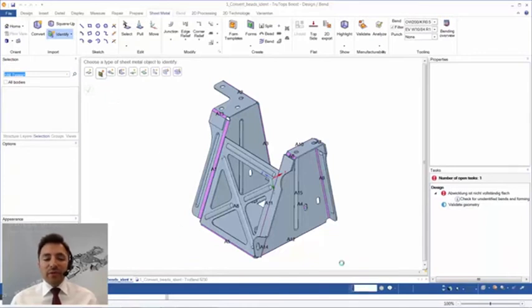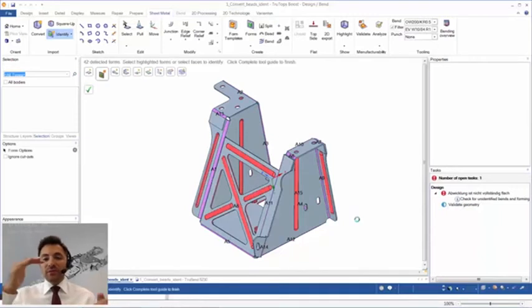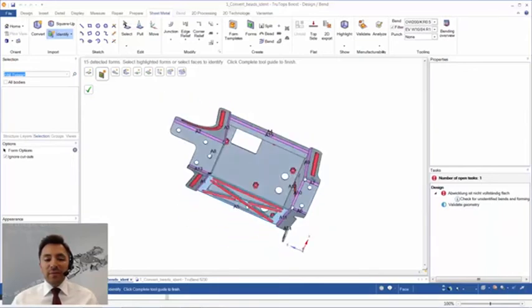Now the model is being analyzed, and all the forms, which are basically, if you check the lower and upper side of the unfolded sheet metal part, everything that is beneath or higher than the upper side is recognized as a form, and even cutouts can be analyzed, but we ignore them in that example. So now we see that 15 forms were detected, and they're